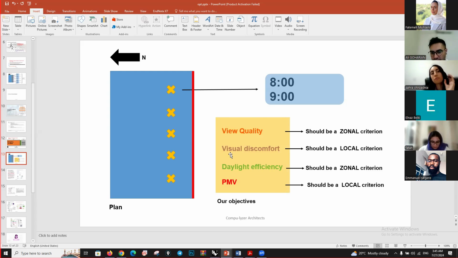For example, daylight efficiency should be a zonal criterion. If you want to make a sensitive or adaptive facade related to this point, for optimizing your adaptive facade, considering sun position, I mean, during this hour. This hour presents the sun position. By this strategy, you can present the sun position, but based